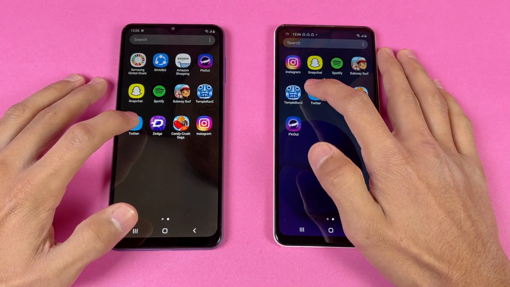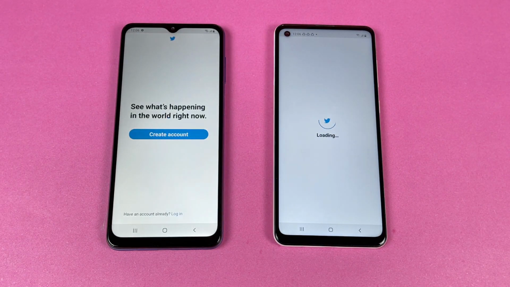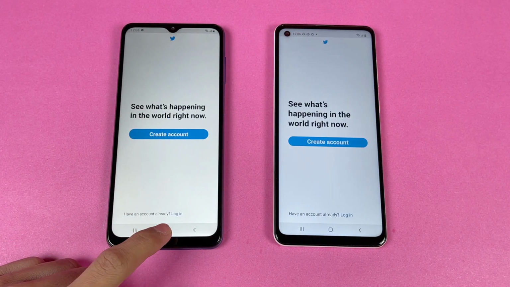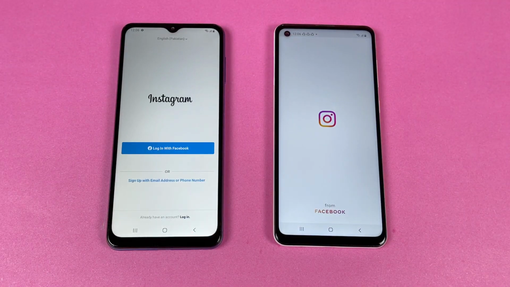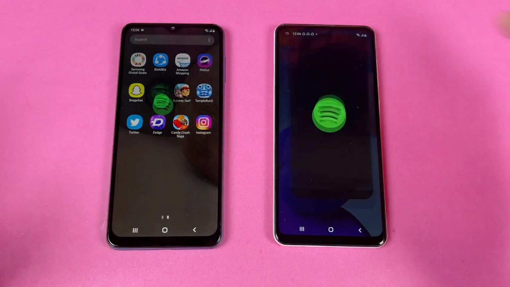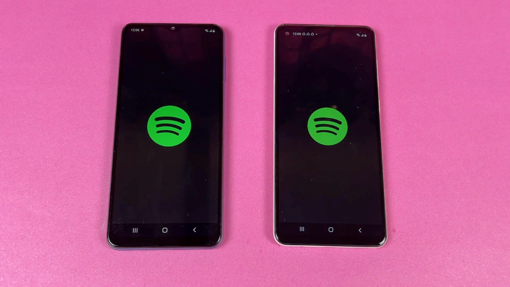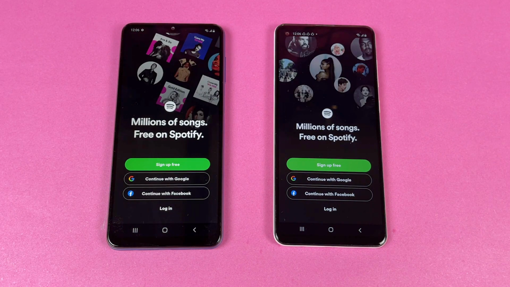Now let's open up Twitter, and that is faster on the Samsung Galaxy A12 as compared to the A21s. Instagram is faster on the Samsung Galaxy A12, as you can see. Spotify, and that is about the same on both phones.